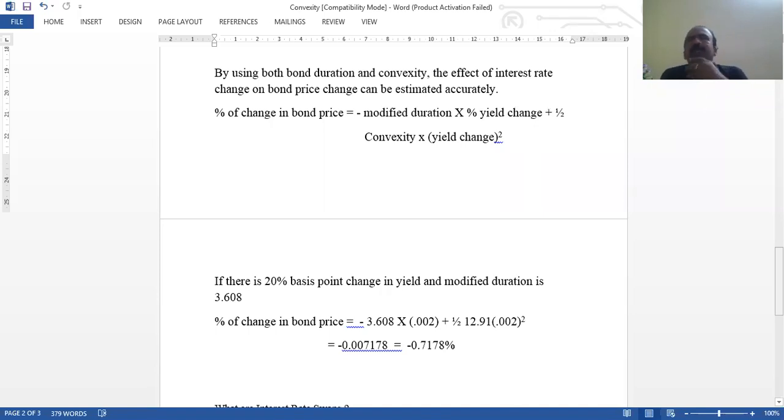So that is, if there is a 20 basis point change in yield, there will be a 0.7178 percent change in price. This kind of estimation is highly used by the bond portfolio manager to manage his